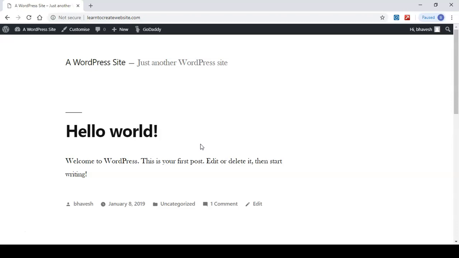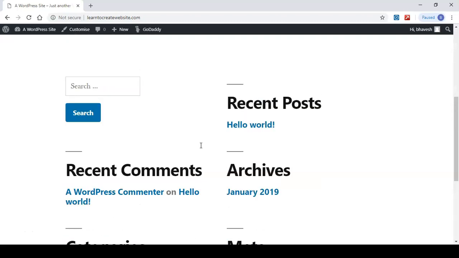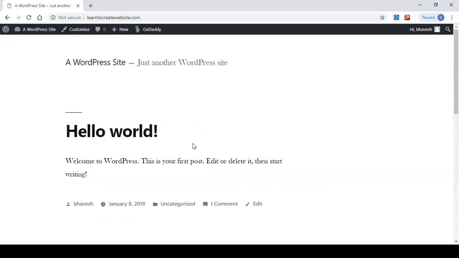By default, each WordPress site comes with a basic theme. If you visit your website, then it will look something like this. This is not very appealing for most users. But don't worry, there are thousands of free and paid WordPress themes that you can install on your website. In order to easily edit our website, we are going to install a new theme. So the new theme is called Astra.